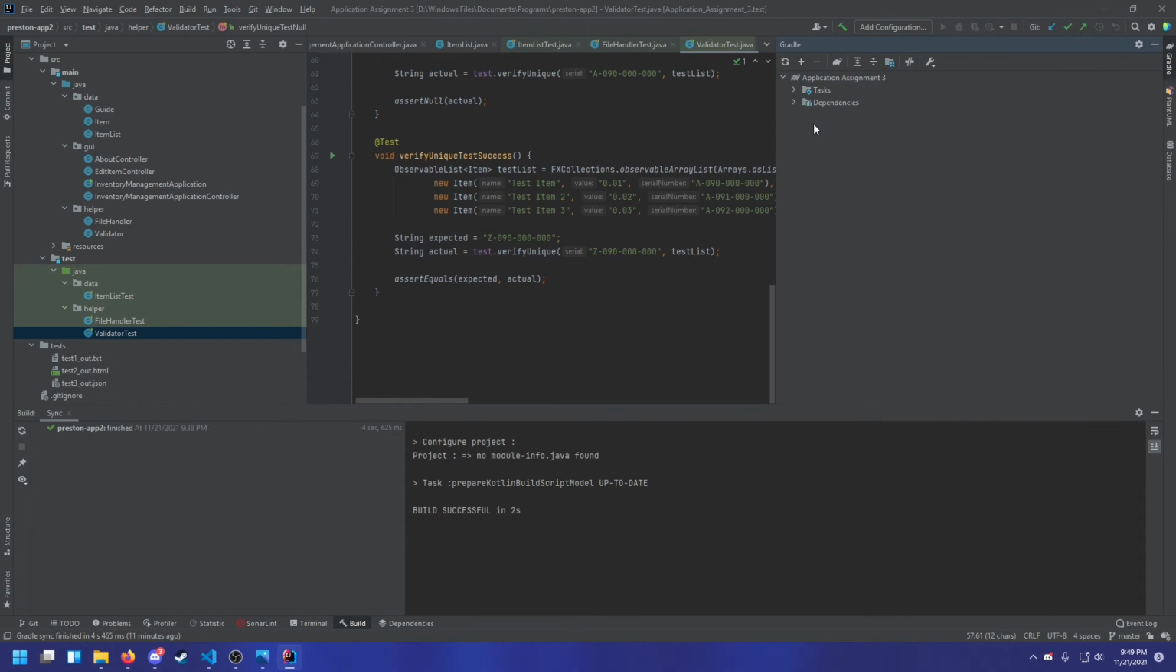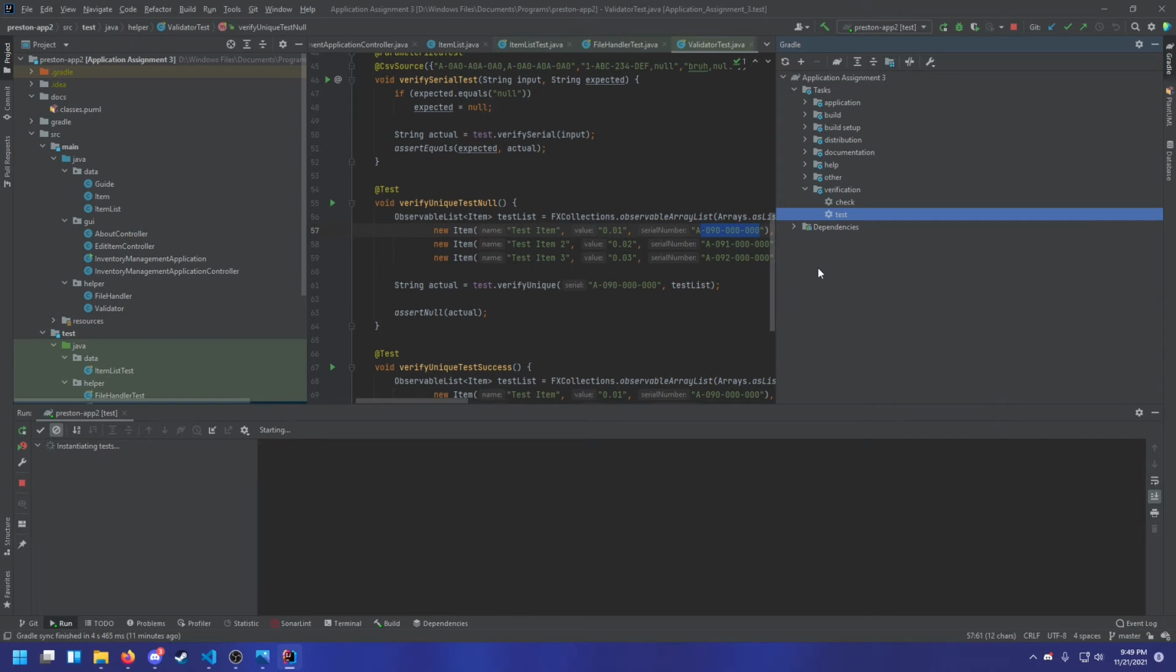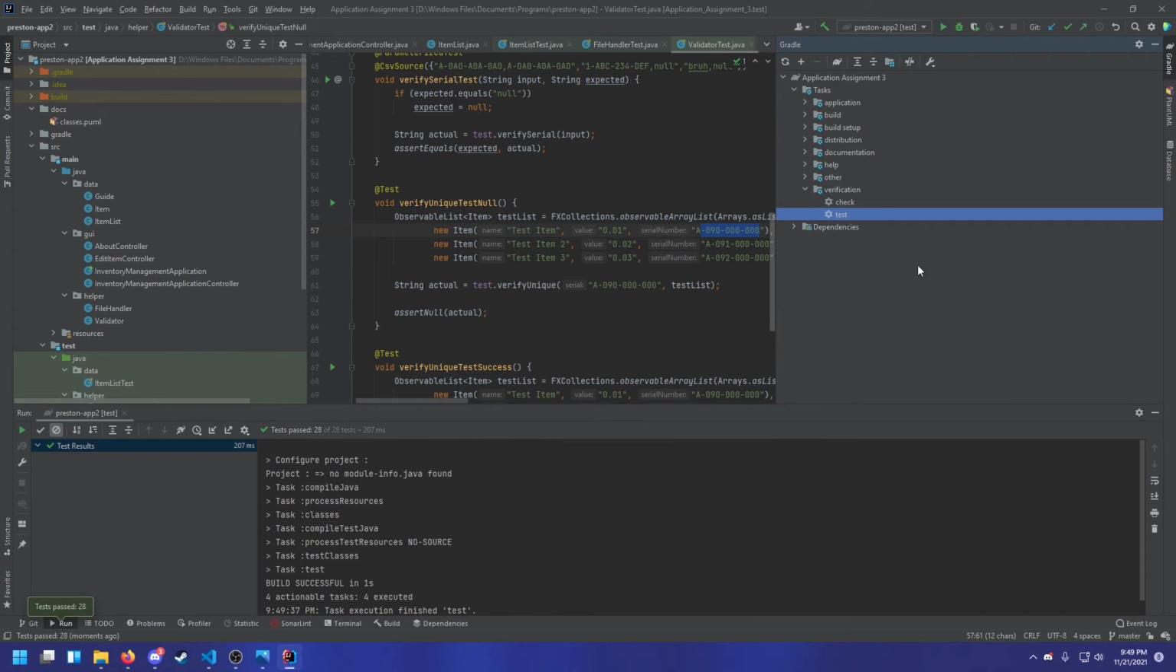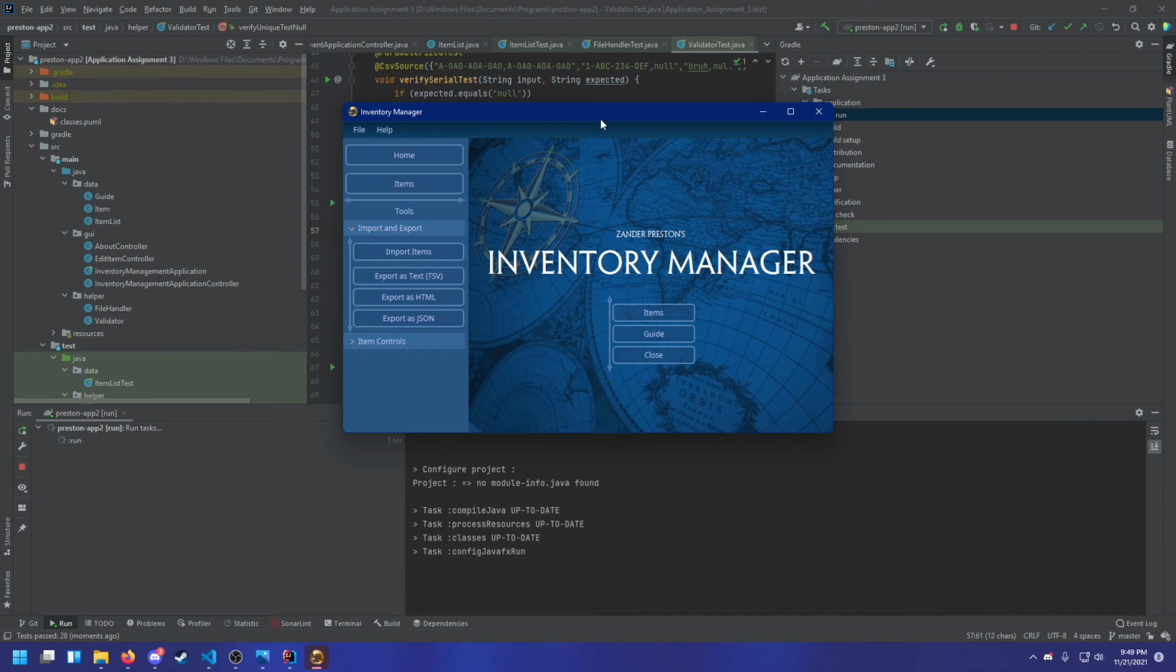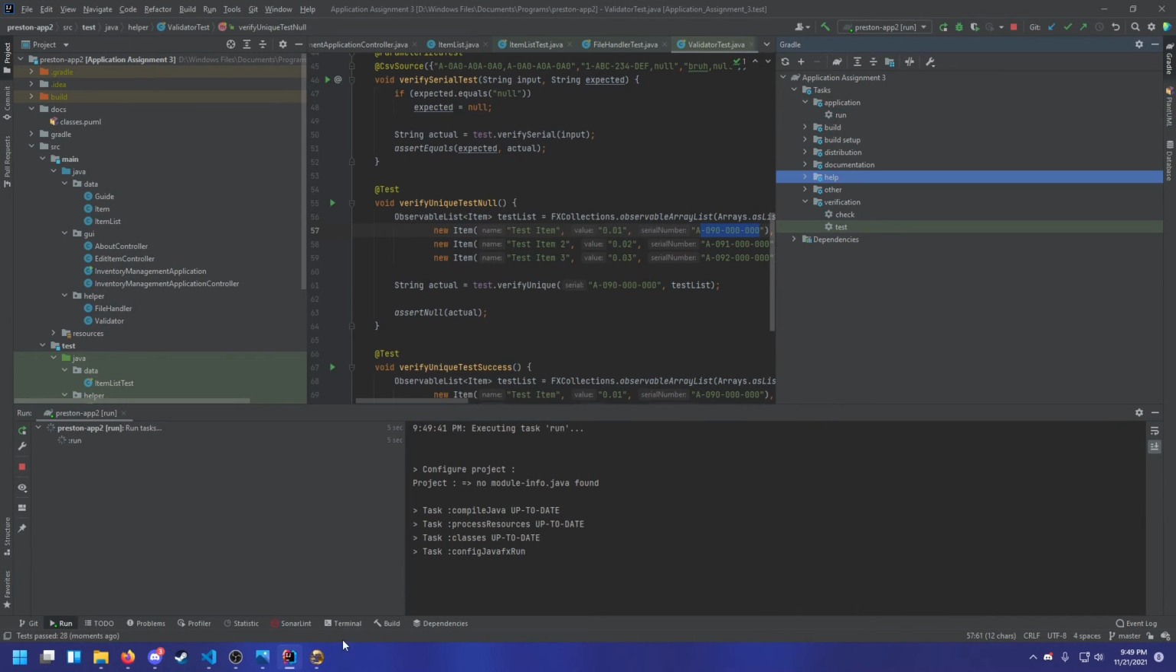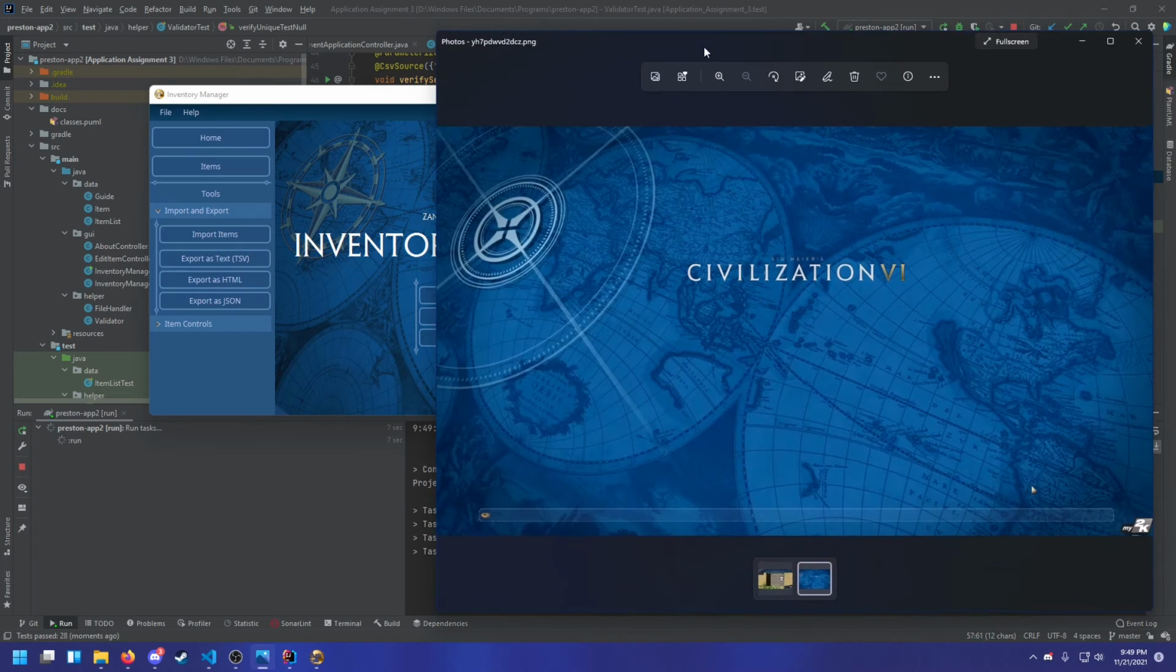So given that information, we can now show our verification, or show our tests. Our tests, they complete, they're verified, so we can now run. So this is my inventory manager, which disappeared. As you can see, it's